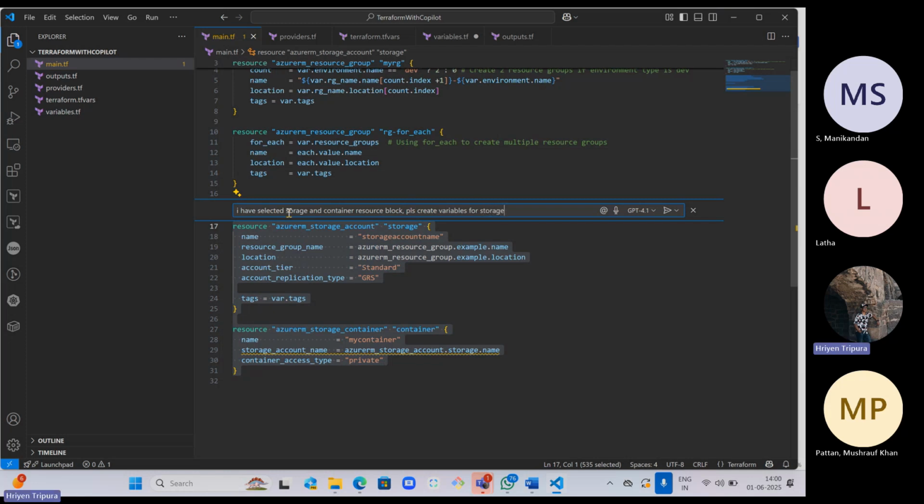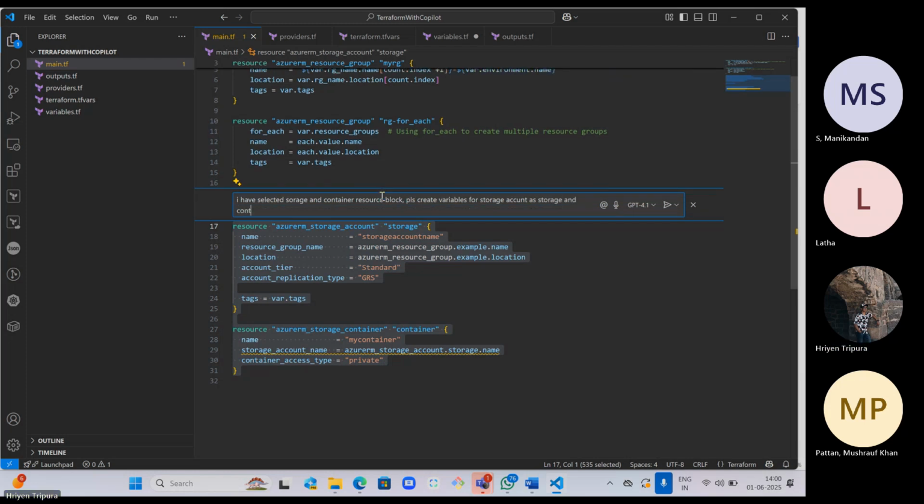whatever variable name you can ask, or you can tell them to define a variable name, or you can change the variable name later. Let's not define the variable name now. I give any name that they wish. Later I can change the variable name, but then the properties they will do that. If you want, you can do. I will mention storage for storage account as storage and container as container. Basically, I'm trying to say I have selected a container,